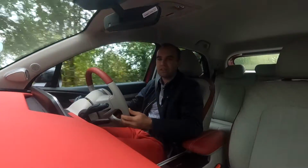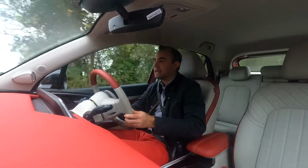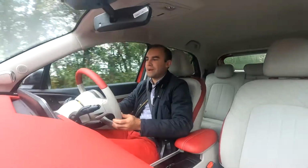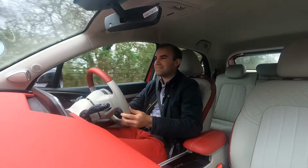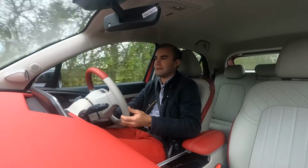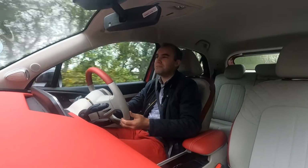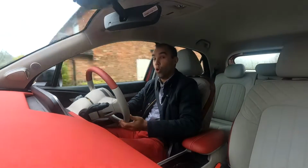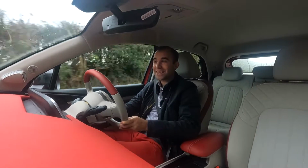Now of course there are different driving modes. There's a switch down here by my right knee, and every single time you press the button you get these weird sound effects. Now we're in normal mode at the moment. Did you hear that? That was sport mode. I think it's supposed to sound like a car is revving, but it just doesn't. It sounds like a weird kind of shotgun actually, but let me do it again. So eco mode, auto mode, normal mode, and wait for it,